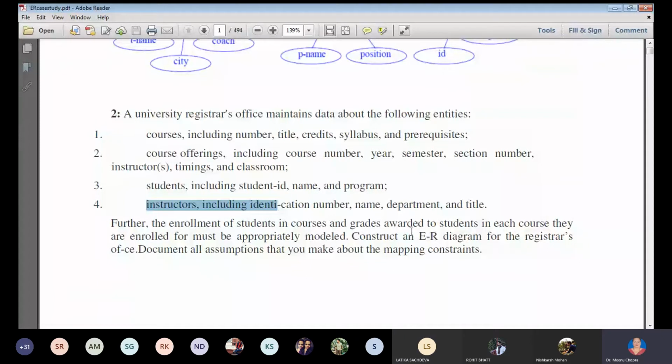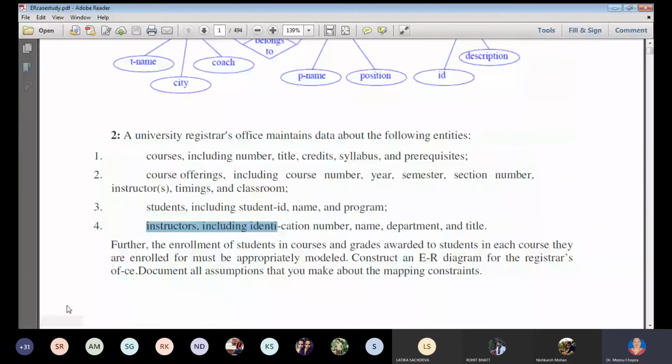It seems to me that there are only 2-3 students in the class. Why does it seem so? Or have all the others gone to eat? No, ma'am. 44 students are there. No, I am not saying that you should not enjoy lunch. You should enjoy lunch in between the classes. But it's okay. There is so much silence that it feels like I am the only one taking the class, and everyone else has logged in and wandered off, enjoying their meals. Not an issue. You can take your lunch in between.